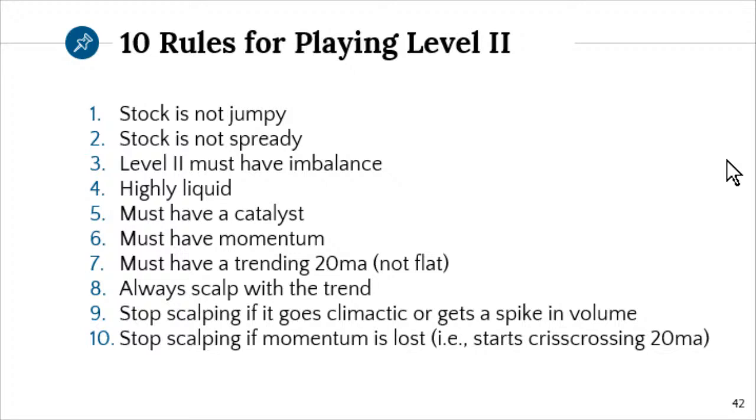It'll almost be impossible. You might make money on one stock and lose money on 10 other stocks if they're jumpy and spready. And we talked about how there's a difference between a stock being jumpy and a stock being spready. They're not the same thing. We want to focus on level 2s that have an imbalance. Why do you think we talked about the RLX this morning? Remember the RLX this morning? Talked about because it popped at the open because it's very liquid, and there was that imbalance, strong bid, weak offer. So focus on level 2s that have an imbalance, that are highly liquid.